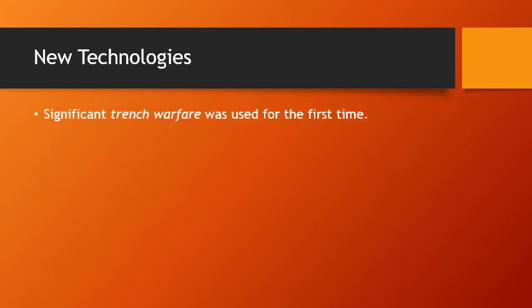Now, one of the things that stands out in World War I was all the trench warfare. We saw trench warfare used for the first time significantly in World War I. There had been previous wars at times where there were trenches, but the trenches built in World War I were extremely elaborate and deep, and they would have rooms in them and storage places and offices and things that were just dug into the ground as both sides, as this war of attrition, the stalemate went on and on. These dug-in trenches became, even more so, outposts and headquarters militarily during the war,